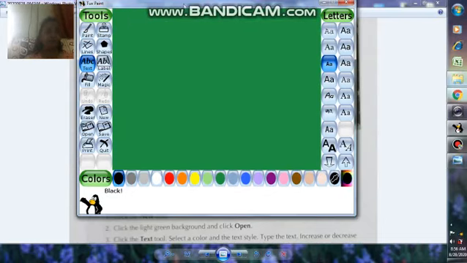Okay, no problem. So first we are going to write the text here. The remaining animals. I am creating third picture now. Okay, the steps are not given here, so concentrate.